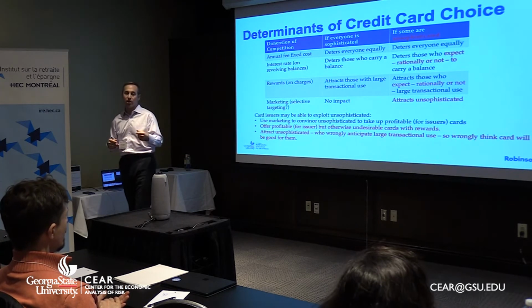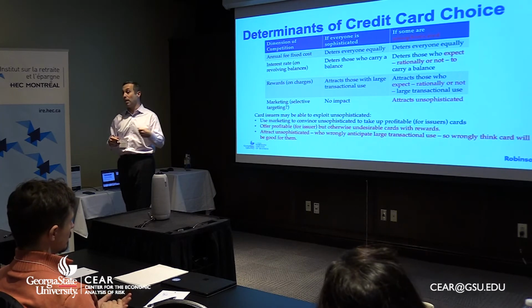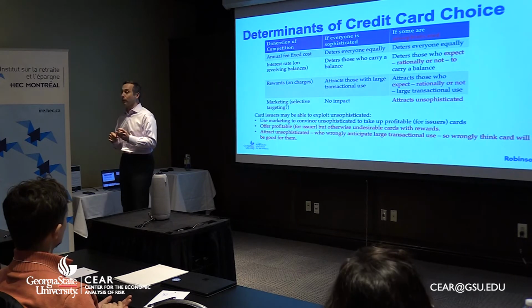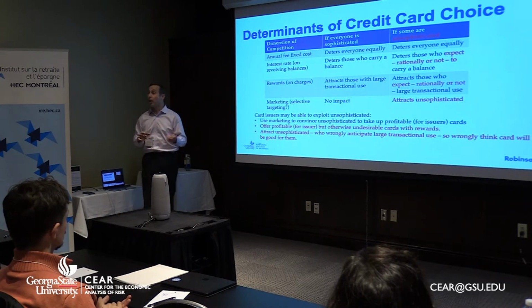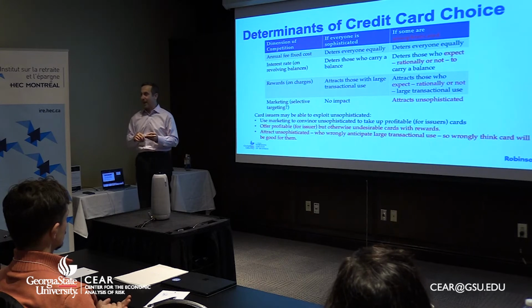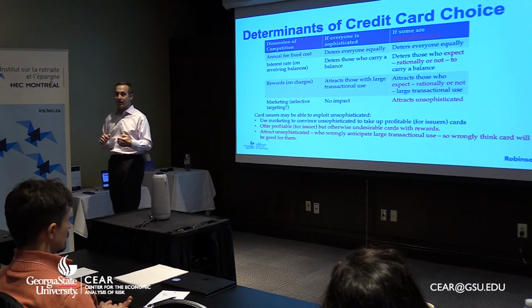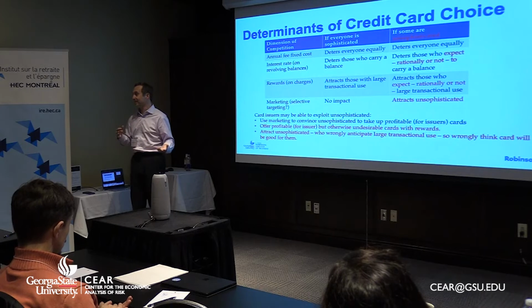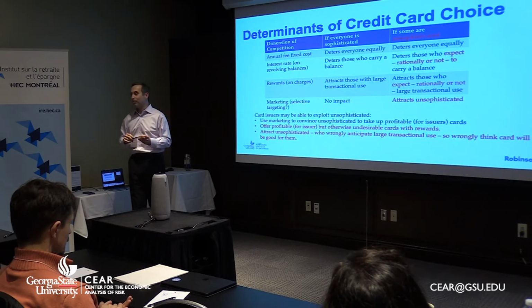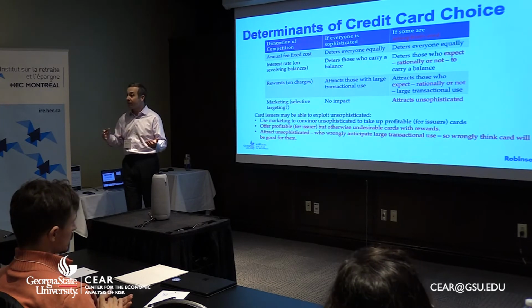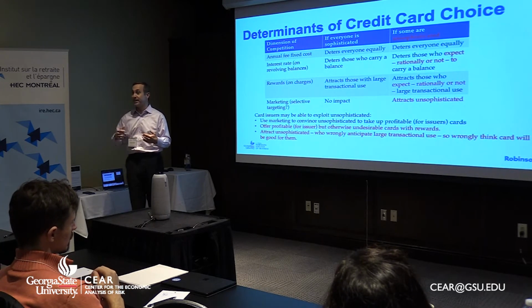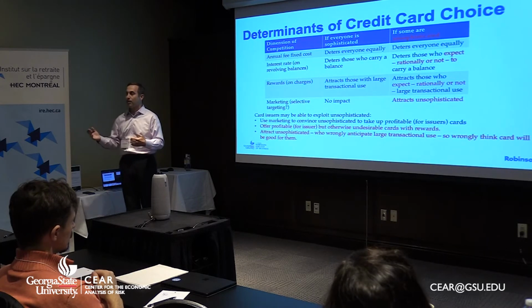So unsophistication could be important in inducing folks who maybe won't use the card a lot, but they think they will. They'll want those rewards. And then finally, I want to say marketing is a big deal. We all get mailers constantly. We all get offers. Banks spend a huge amount of time trying to attract us. Now, in theory, that doesn't help or matter. We should ignore that if it doesn't contain useful information. But one way in which I think clearly, first of all, that might affect a lot of us, but certainly one dimension of unsophistication is you might expect less sophisticated people to be more swayed by the advertising.